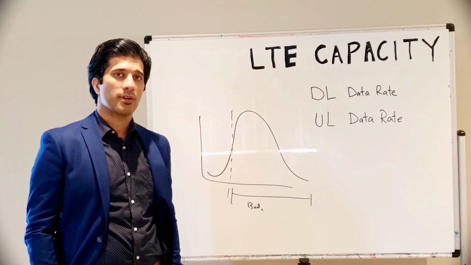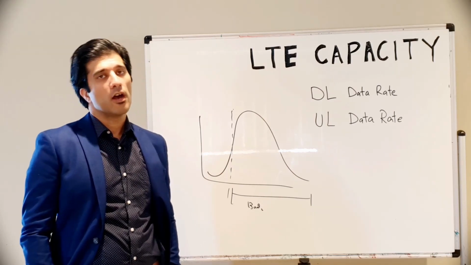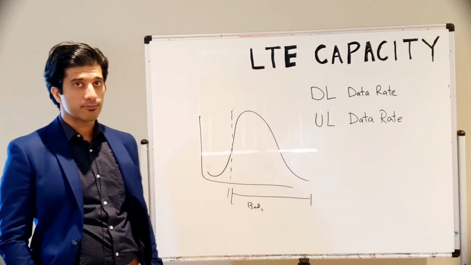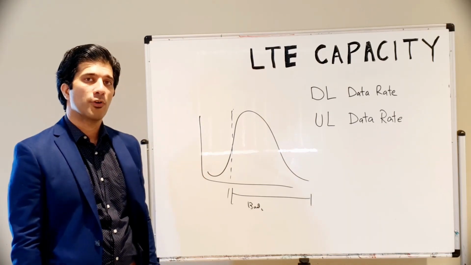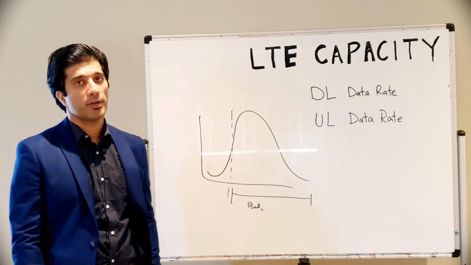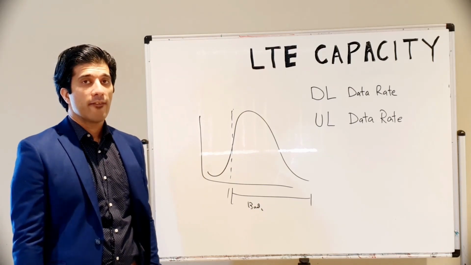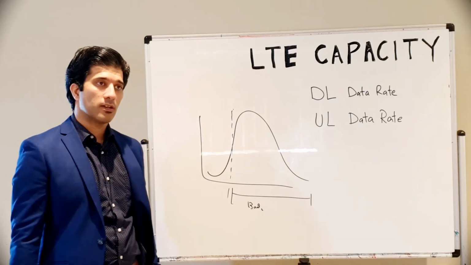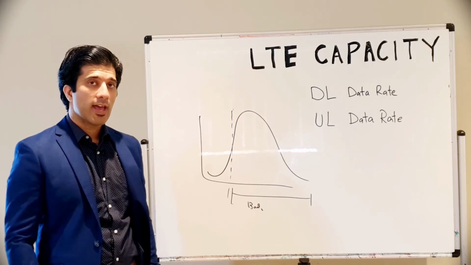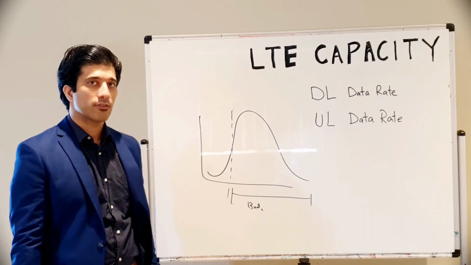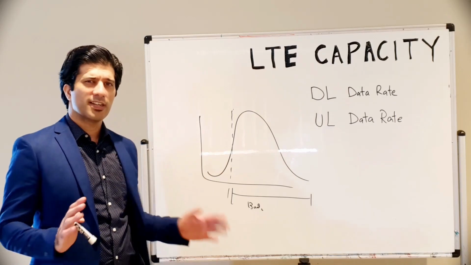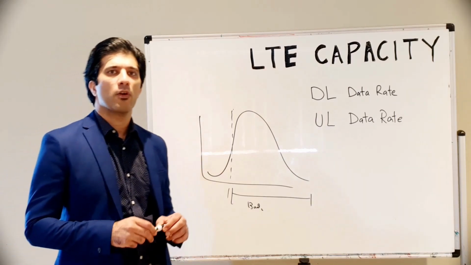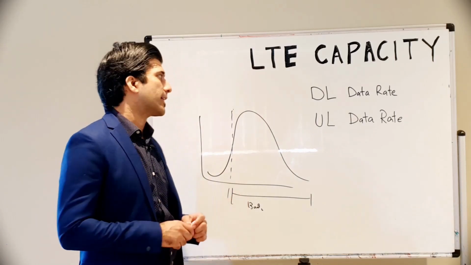Some of the parameters that we can use in uplink are related to uplink power control, and that is P naught nominal for the uplink control channel, or P naught nominal for the uplink shared channel. Then we have the fractional power control factor alpha, and we also have the fractional factor for the proportional fair scheduling scheme. So this is a very brief summary of the throughput factors in LTE,